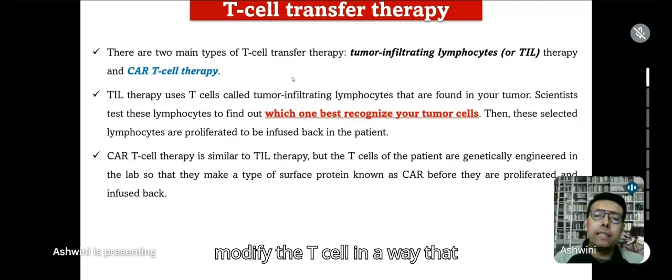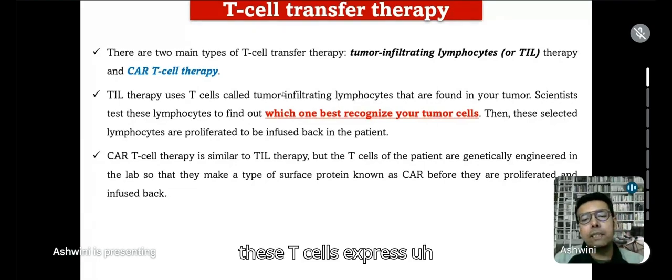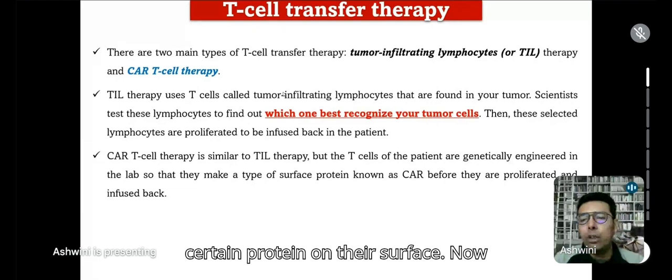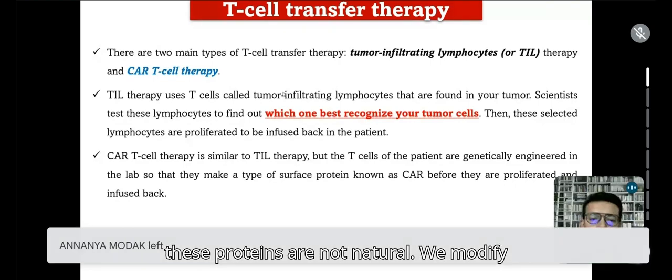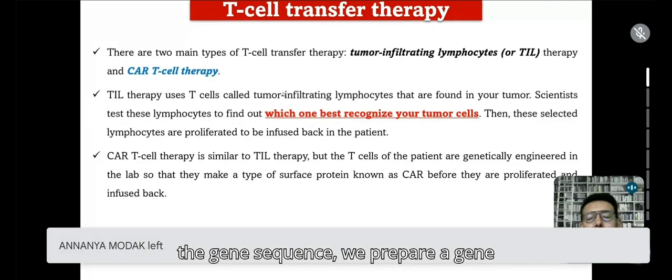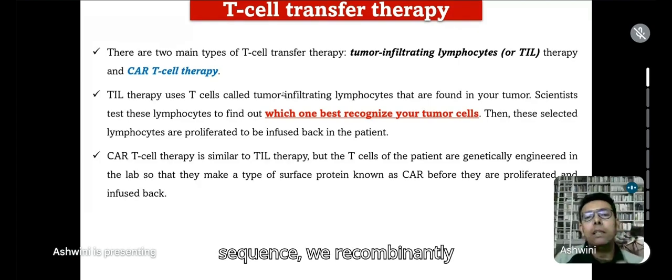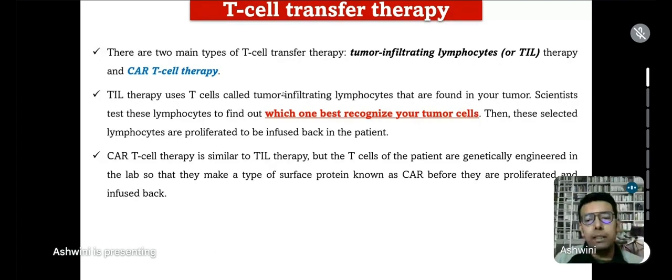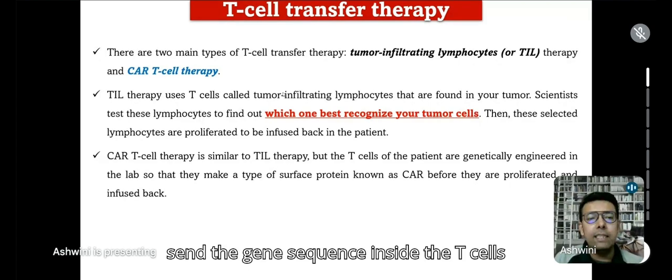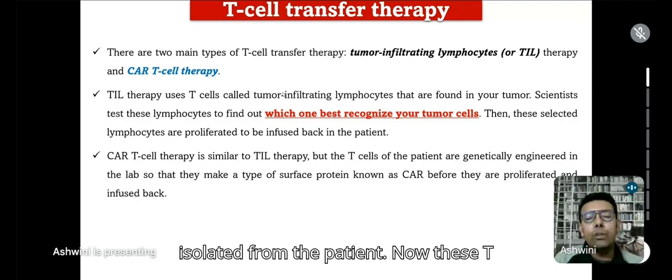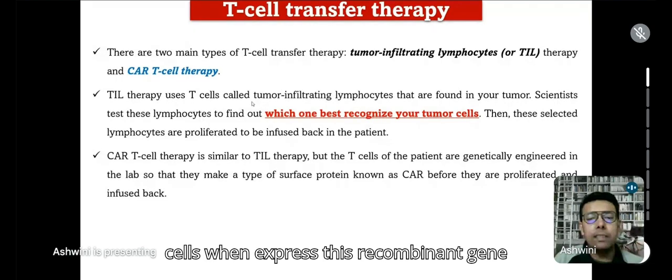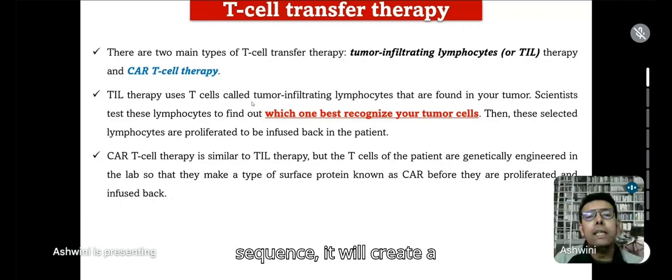We genetically modify the T cell in a way that these T cells express certain proteins on their surface. Now these proteins are not natural. We prepare a gene sequence and recombinantly send it inside the T cells isolated from the patient. When the T cells express this recombinant gene sequence, it will create a recombinant protein